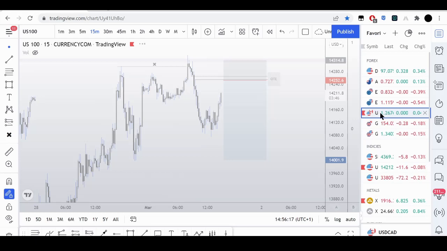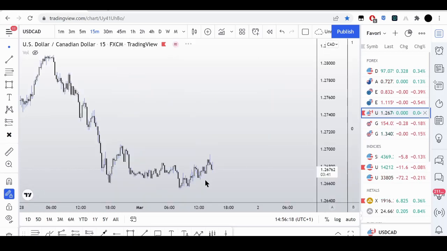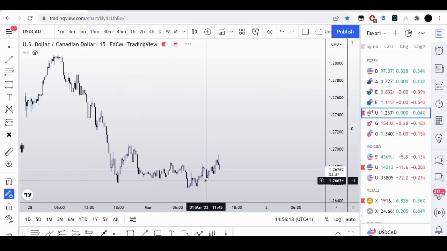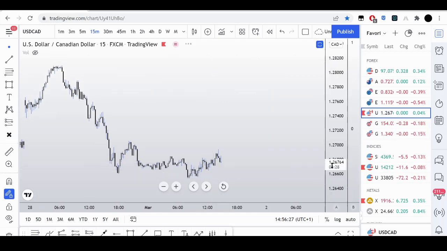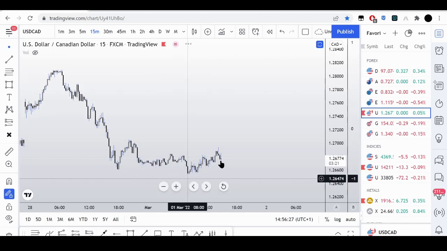All right, y'all, so I decided not to set a limit for USD CAD. I'm gonna just let USD CAD do what it's gonna do. I feel like it's gonna run out these lows, all this build up right here. Now, let me show you guys. All this build up right here, I feel like it's gonna run this out. You got trend line liquidity built up, and then you have these lows right here. Like I said, I feel like it's gonna run it out.